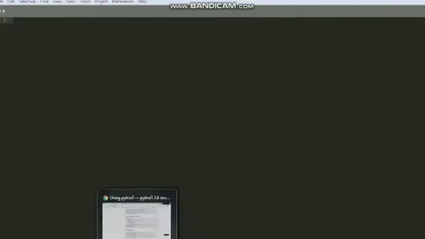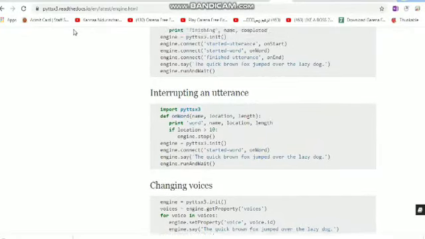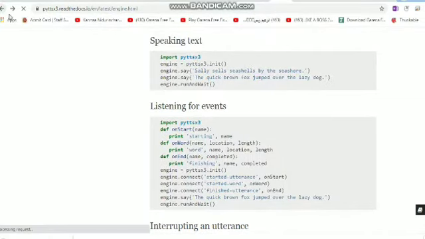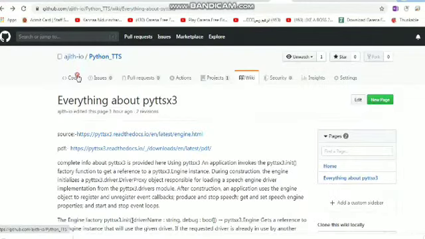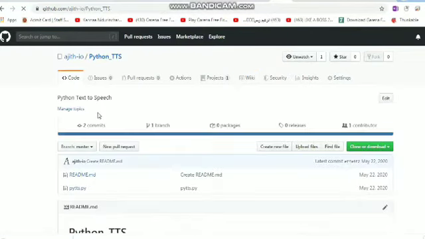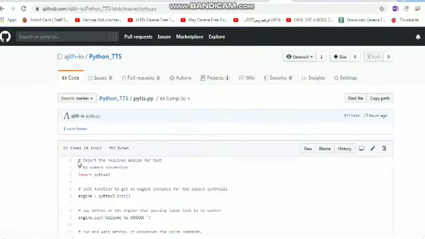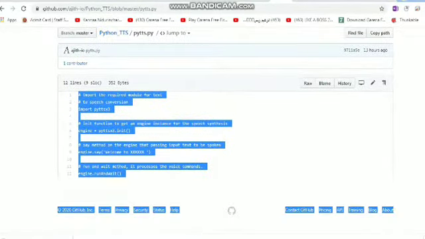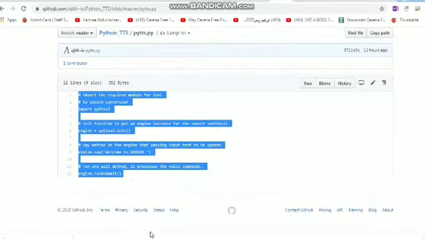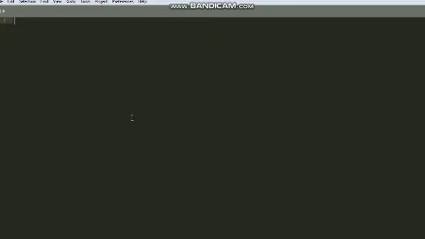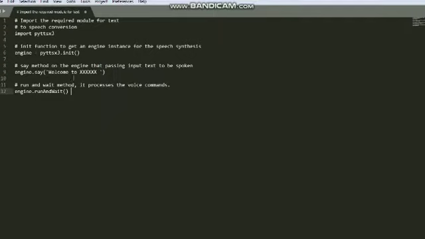You can go to my GitHub and get the code. I'll explain it. I'll copy it and create a new file in Sublime. I use Sublime Text for normal coding. So what is this? It's just importing pyttsx3.